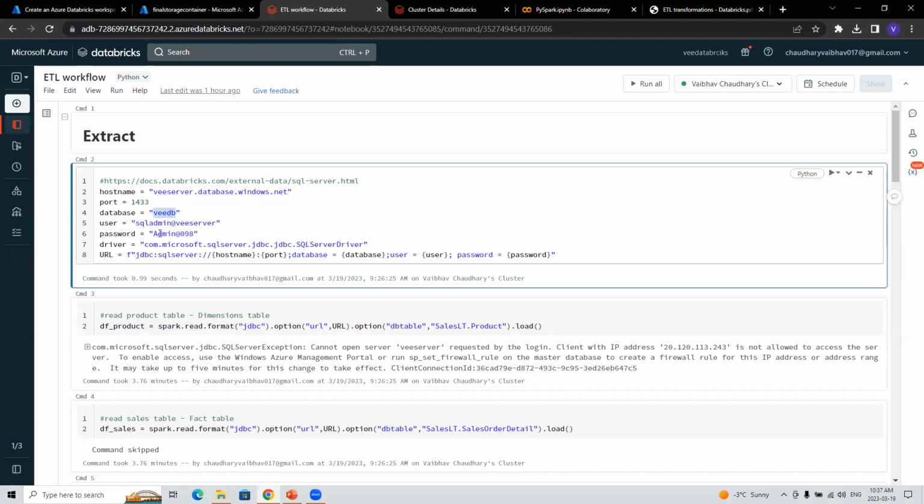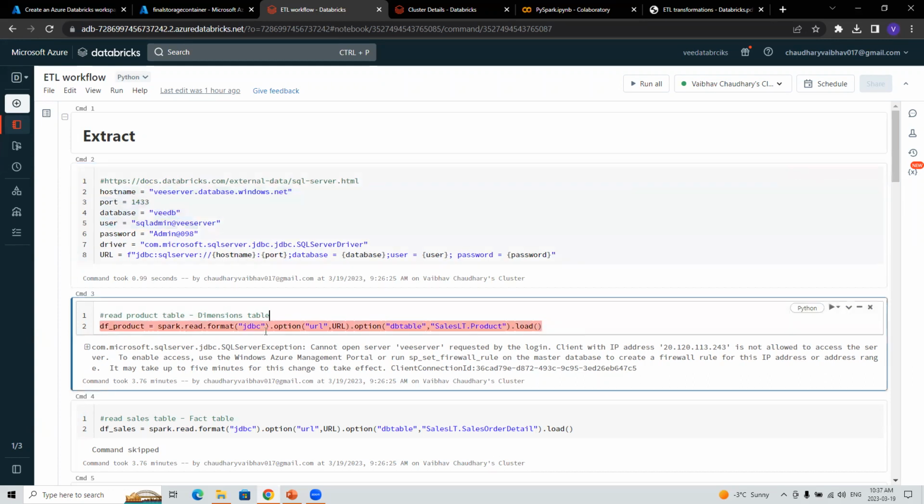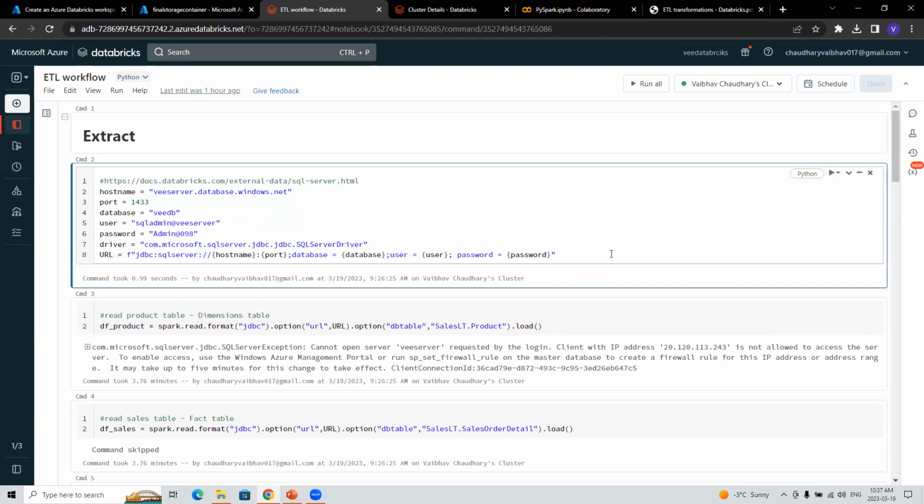Yes, exactly. And in the database, I'm just calling some tables here using the JDBC driver. You will see the table name is right here, SalesLT.Product. So in this example, we are just doing a full load, right? Exactly. I have not shown incremental load here in the project.